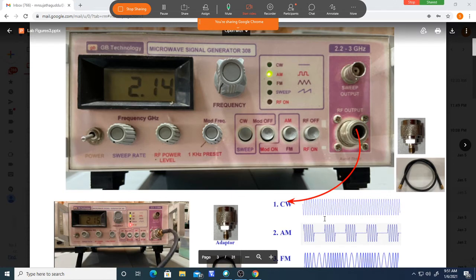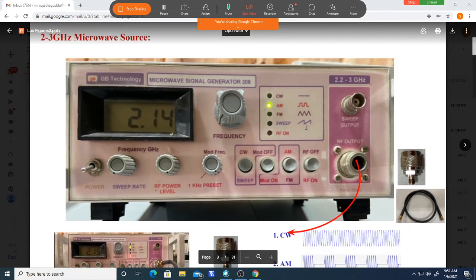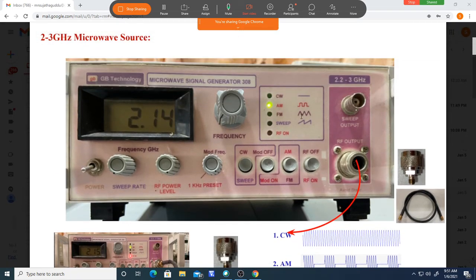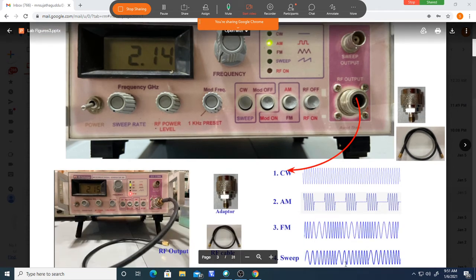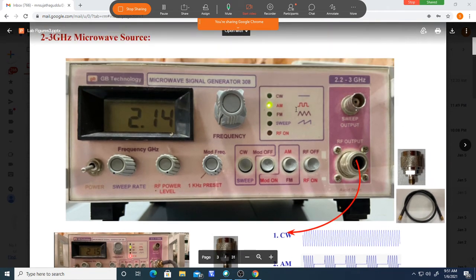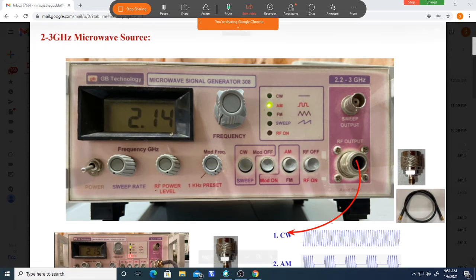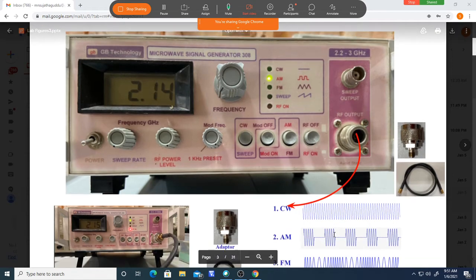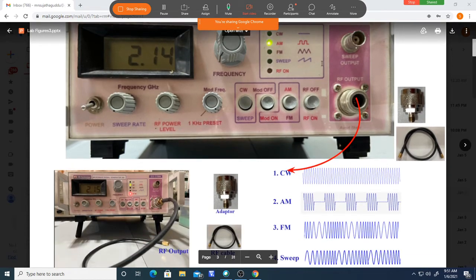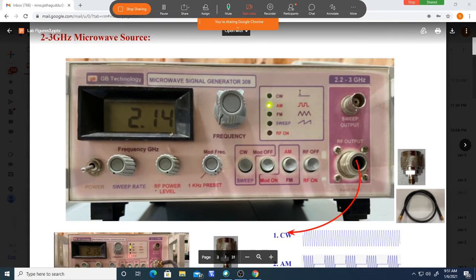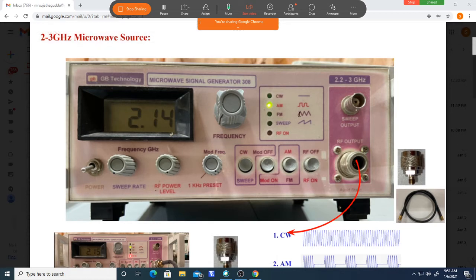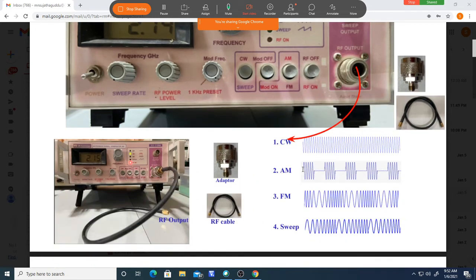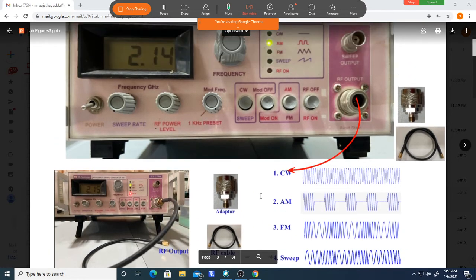Do not think we are getting signals like these. These are demodulated. See, if you demodulate this, this is square wave modulated. This shows square wave modulation, triangular wave modulated like this. This is sweep modulated. Outputs are like this. What type of modulating signal? What they have shown here are the modulating signals. Square wave modulated, triangle. These are the modulating signals. So the carrier is this. So this is about the source.